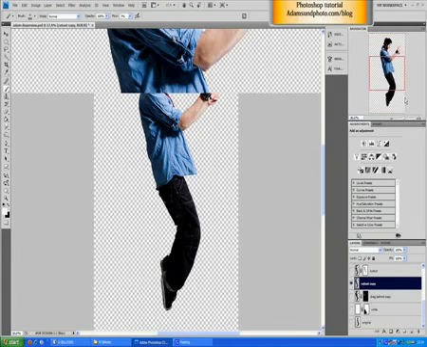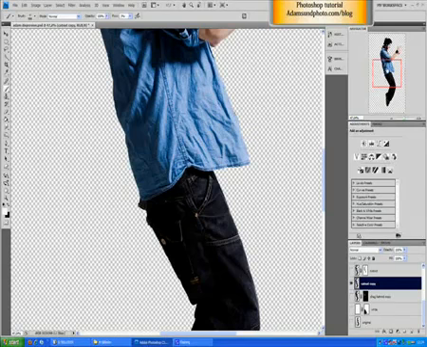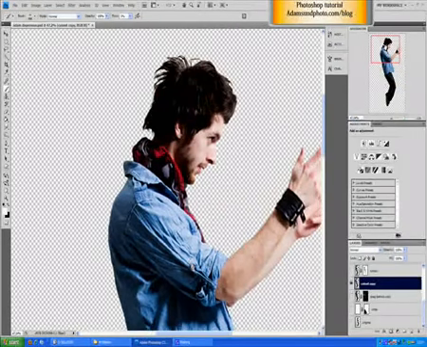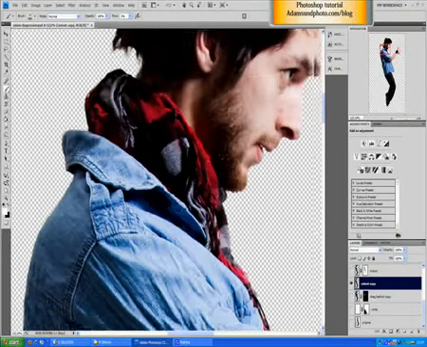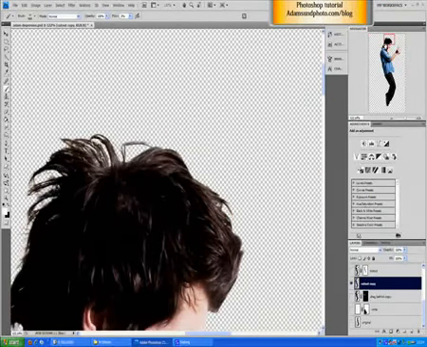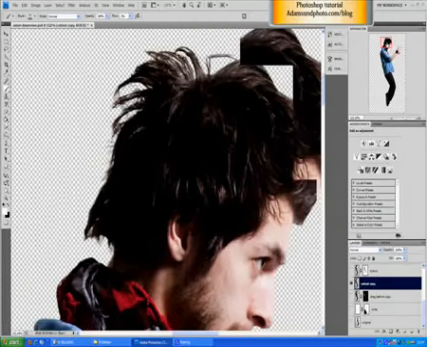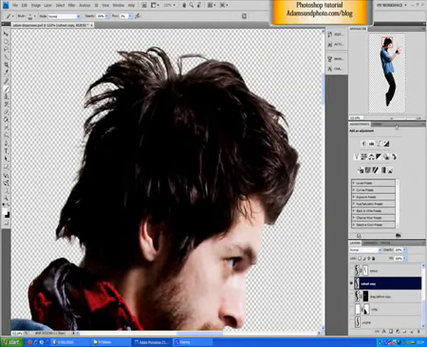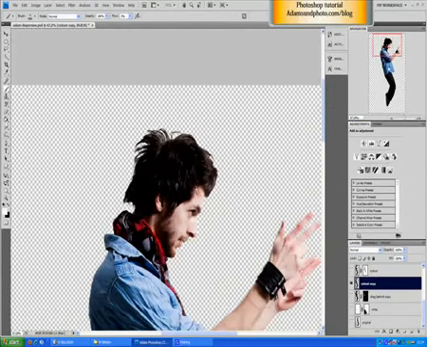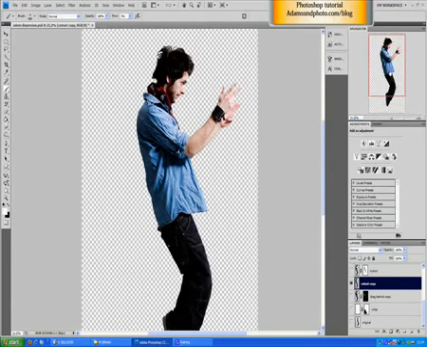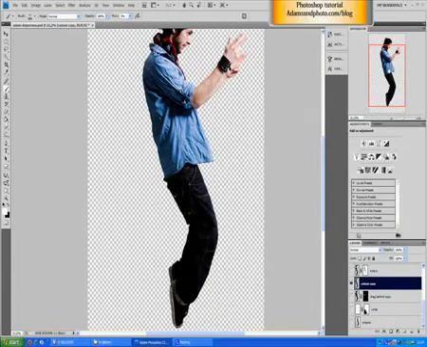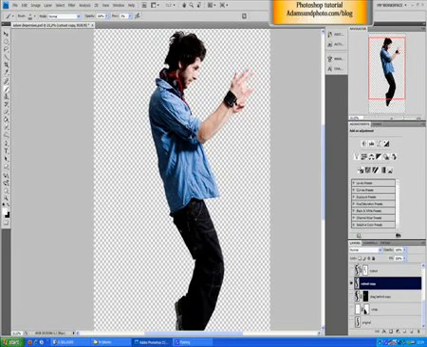Not that good of a cutout actually. A fast one, the hair is okay, but still some errors here and there, as you can see right here. I did it with the extraction tool, which is okay for most things except hair. So I did this cutout, and I did another version of myself,